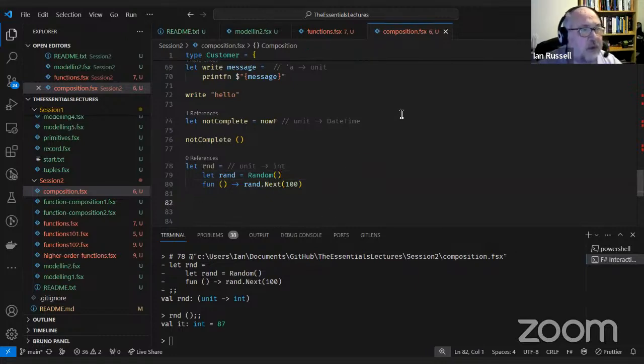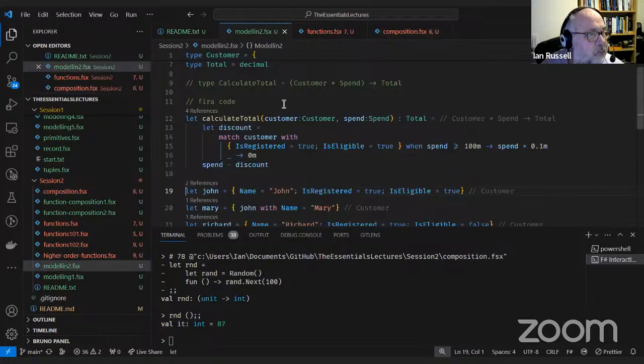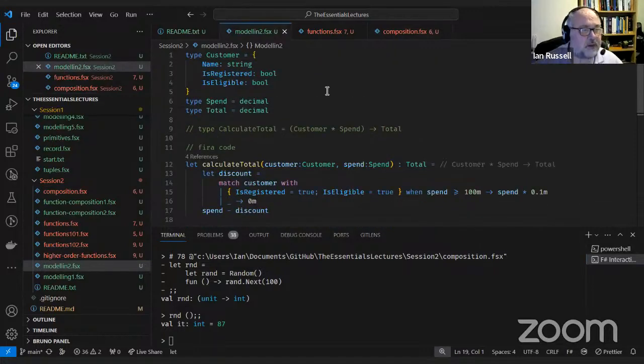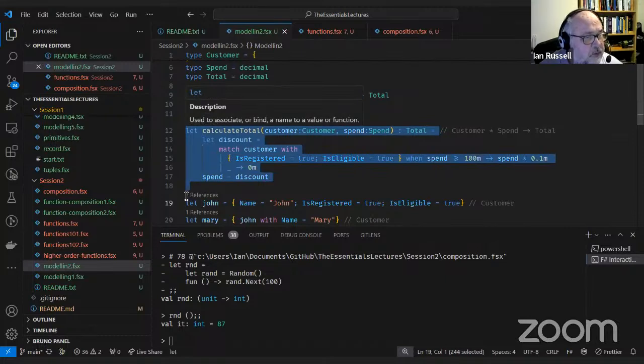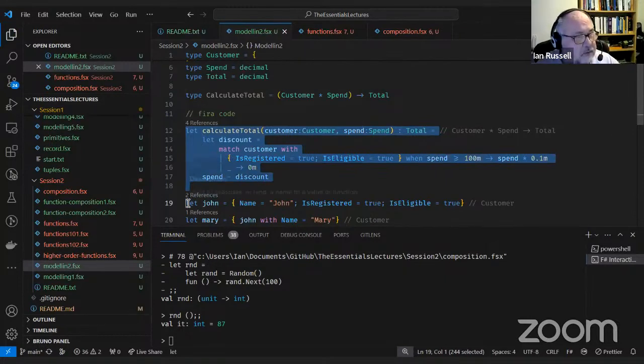The other one as well that I didn't cover that might be worthwhile looking at is this one. We went to a little bit of effort to write some function signatures like this and define them, but we never actually used them. Now we've got enough knowledge to be able to do this. So if I copy that,